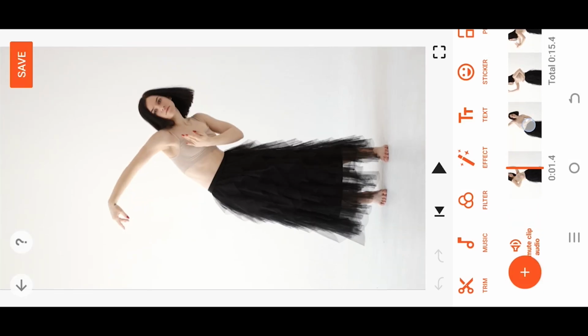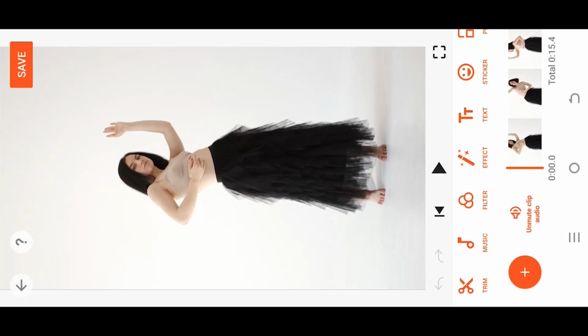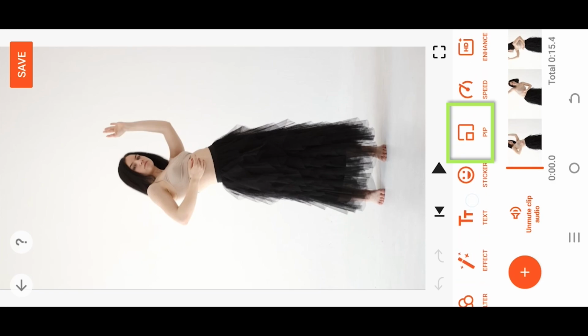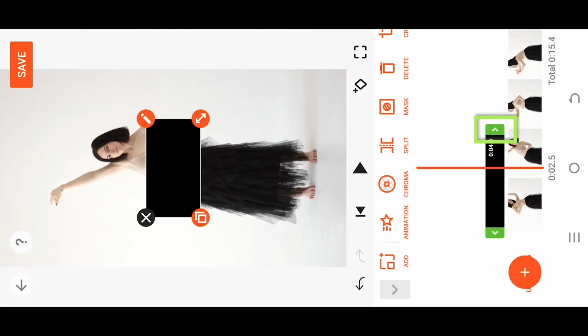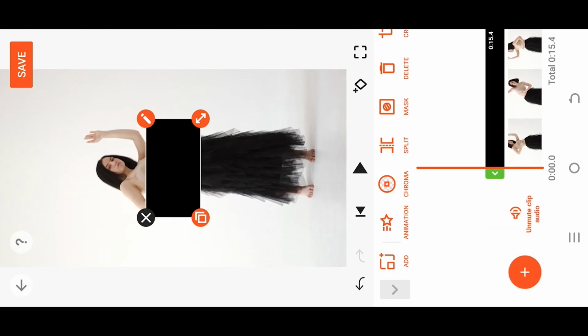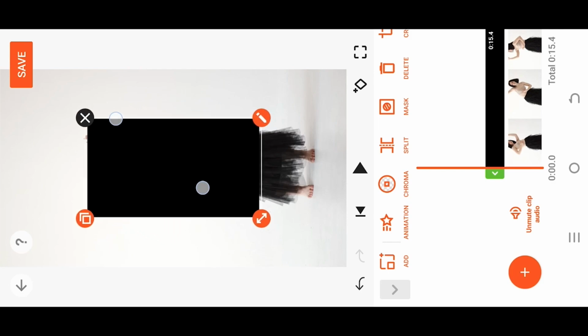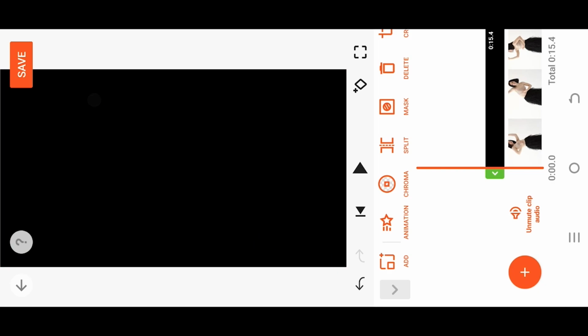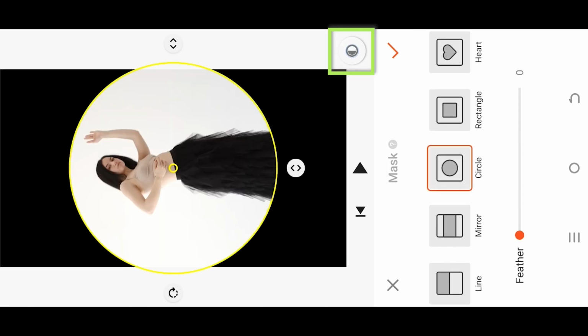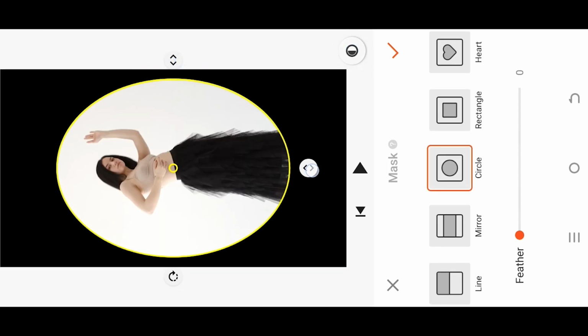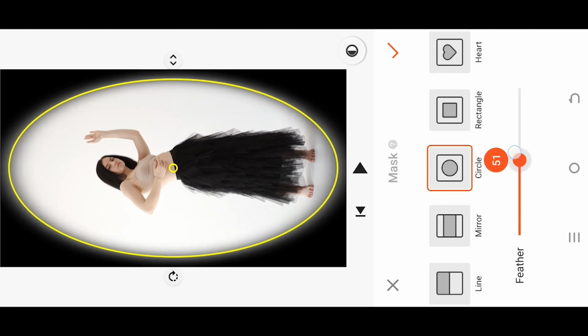So guys, we are inside our sample project. Now for the vignette effect, go to Pip, Material, the black background or the color you like, tap on the edge of the layer, video end to give the layer the same length as the video clip, rotate as it's a vertical video, zoom in to cover the full screen, go to mask, circular mask, tap on this button to invert the mask, resize the mask area, increase the feather,